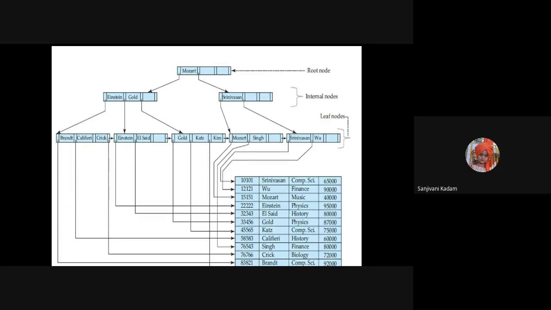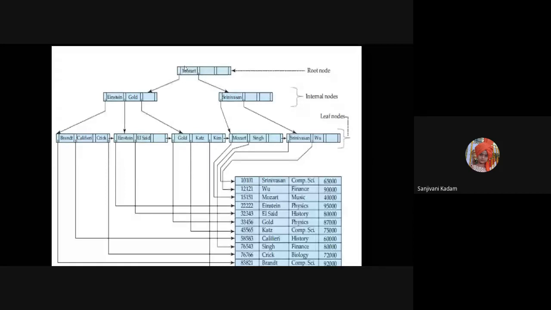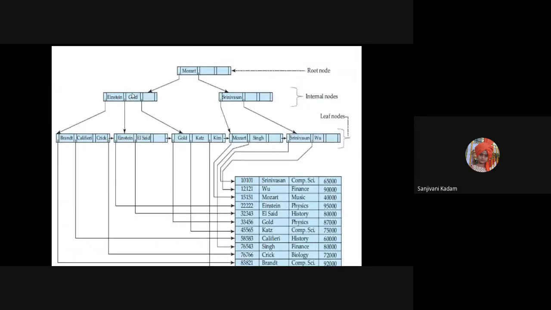Whenever we compare these two values, consider that I have given the value A and right now the key value is B. As A is less than B, there is a possibility of having this record in the left child only. The main idea behind B plus trees is that we have the same access time for all the elements. Whenever we shift to the left child, we avoid comparing 50% of the part.